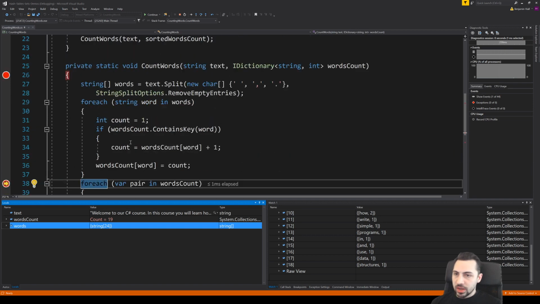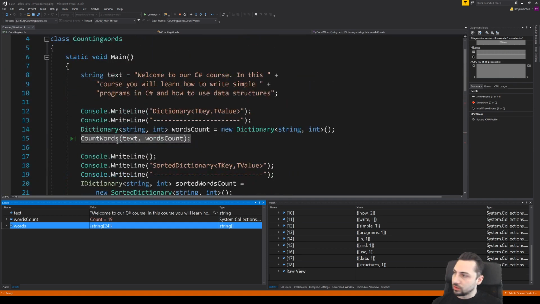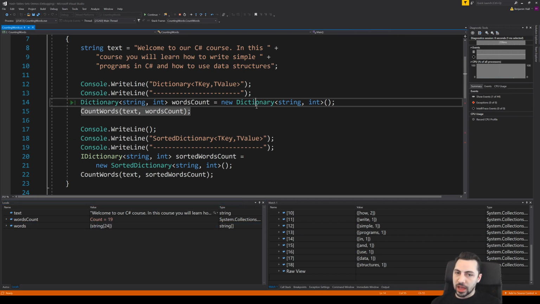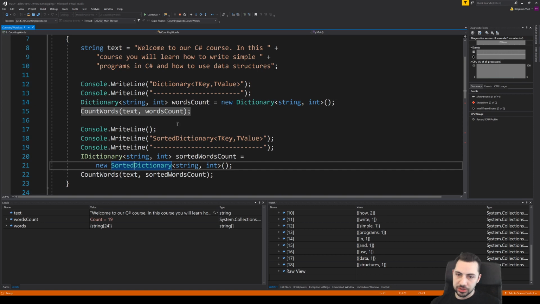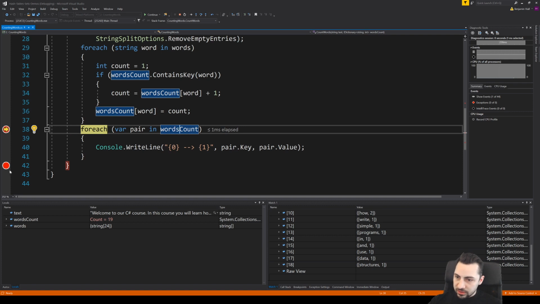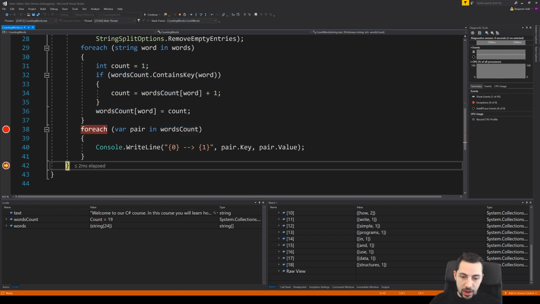Okay. So the next thing, and the reason that we have count words twice in this dictionary example, is because we're using 2 different underlying types, one dictionary, one called sorted dictionary. So when we use a dictionary and we print it out by iterating over the key value pairs, this is the important thing. I want to go to here and I want to look at the order. The order is the order in which they were added.